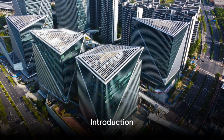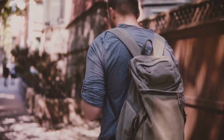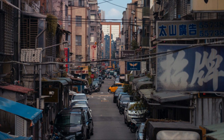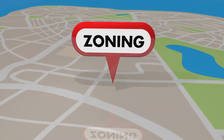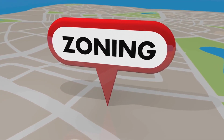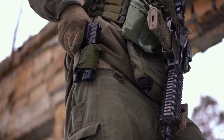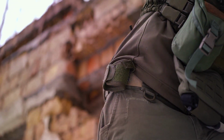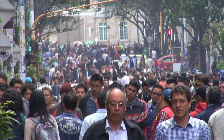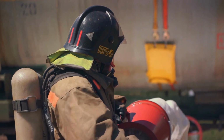Are you prepared for an urban survival scenario? The city, a mesh of concrete and steel, presents its own set of unique survival challenges. Unlike the wilderness, urban environments demand a different set of tools and skills to navigate the complexities of city living. It's not just about having the right gear. It's about having the right gear tailored specifically for urban survival. From dealing with power outages to navigating crowded areas or ensuring personal safety amidst chaos, understanding these differences is key